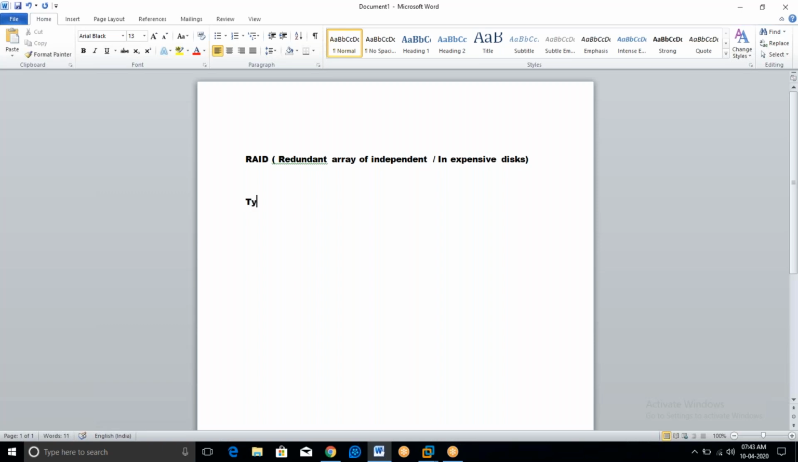So we have different types of RAIDs. Don't get confused. Different types of RAIDs does not mean RAID 0, RAID 1, RAID 5. Those are called RAID layouts. They're never called types of RAIDs. They are called RAID layouts. And today we are going to start with types of RAIDs. We have generally